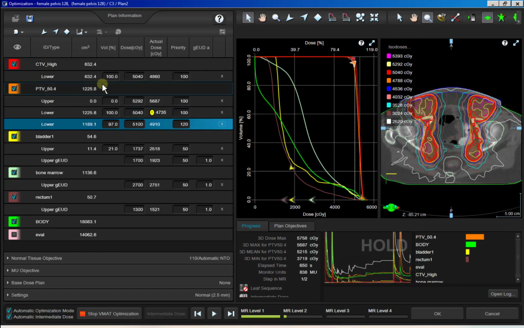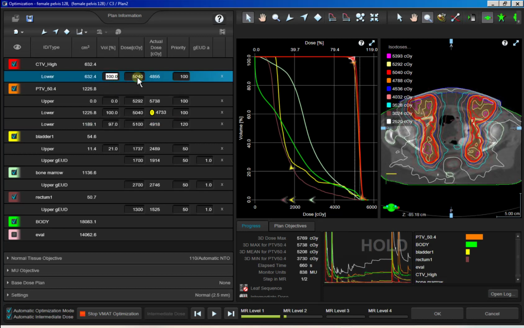CTV, we can do the same thing, or let's pretend we're really shooting for a min dose of our prescription on our CTV. Instead of adding a second lower, since we really just want the whole thing to get that dose, I can just up this number maybe and up that priority. All right, we're really trying just to get full dose to this CTV. And